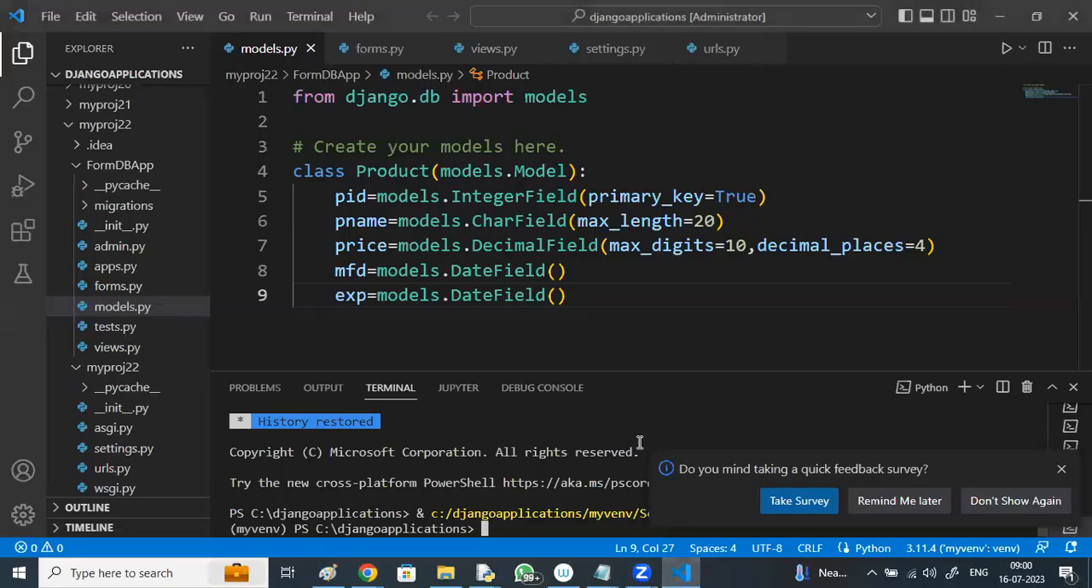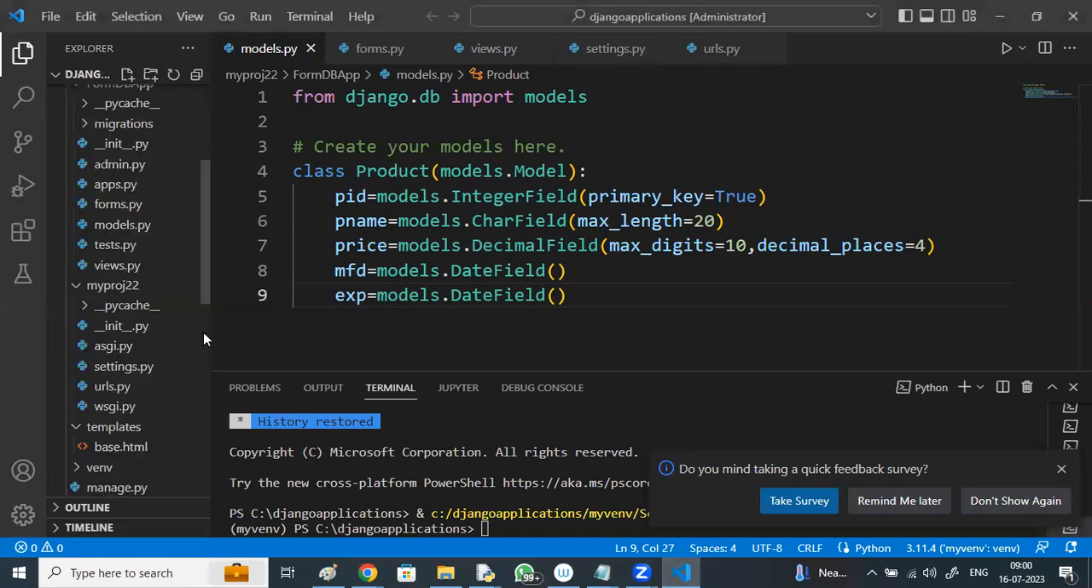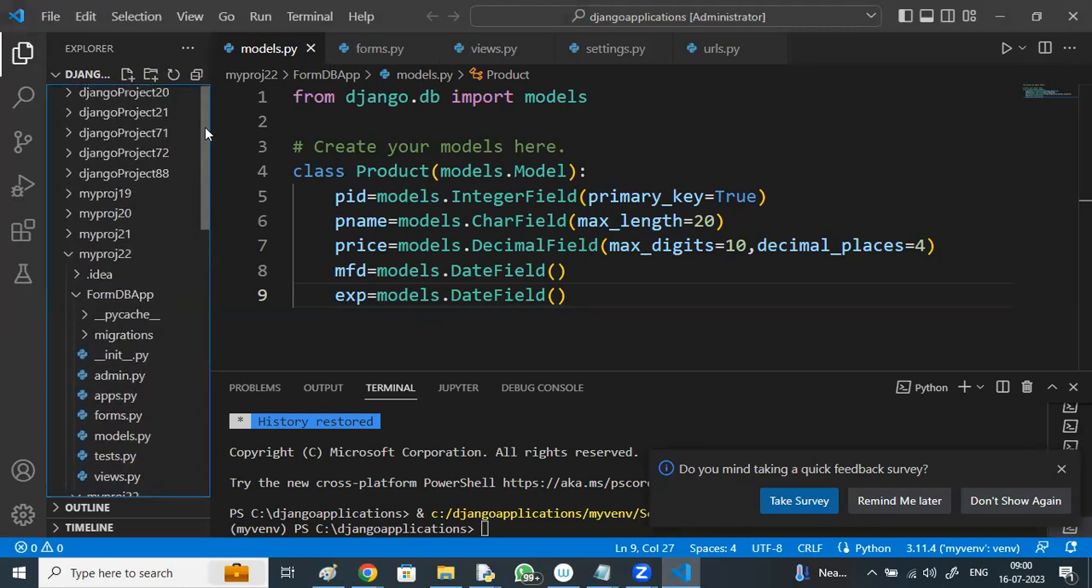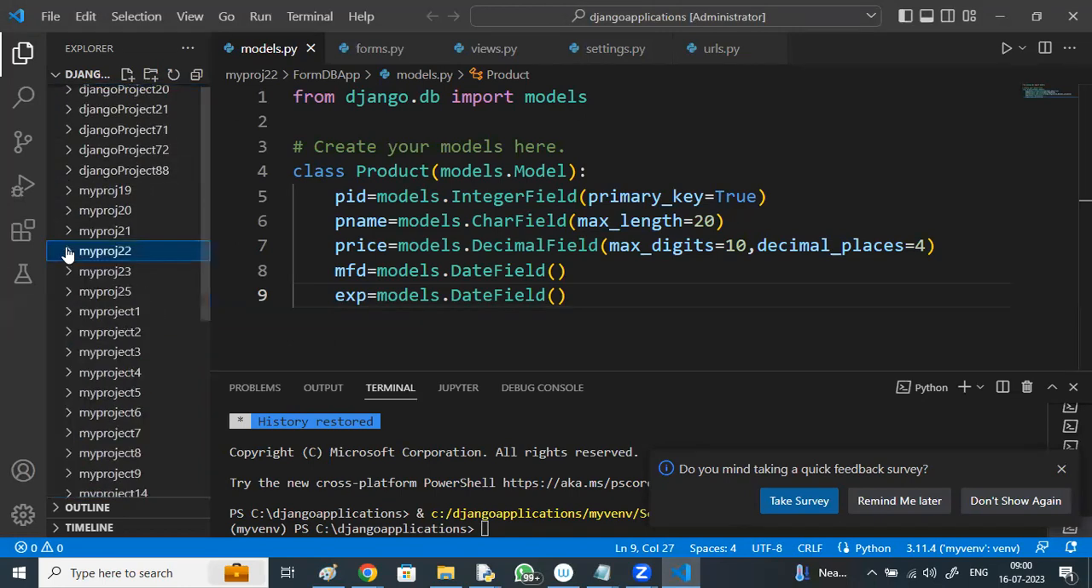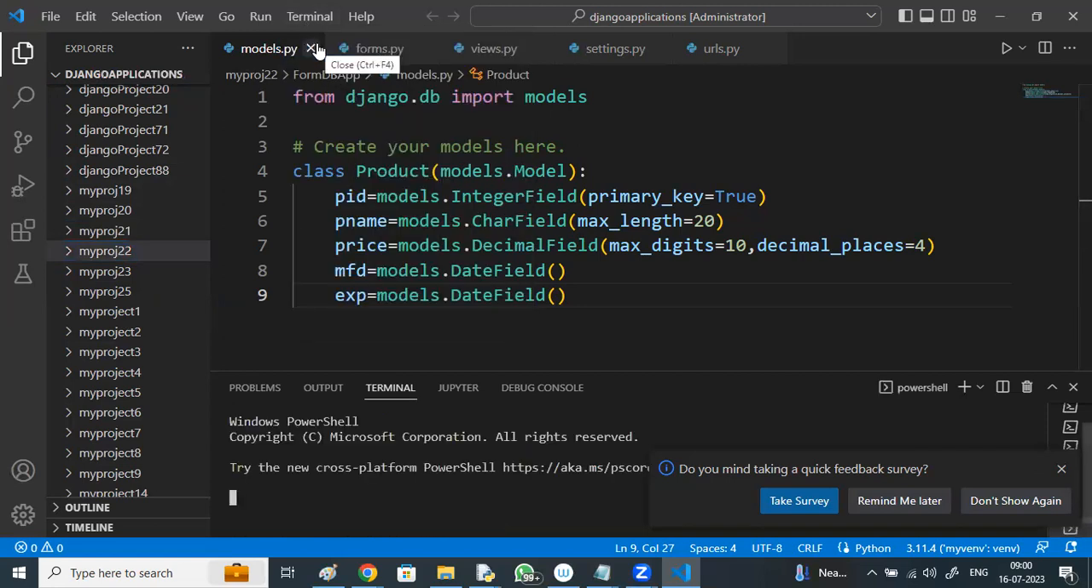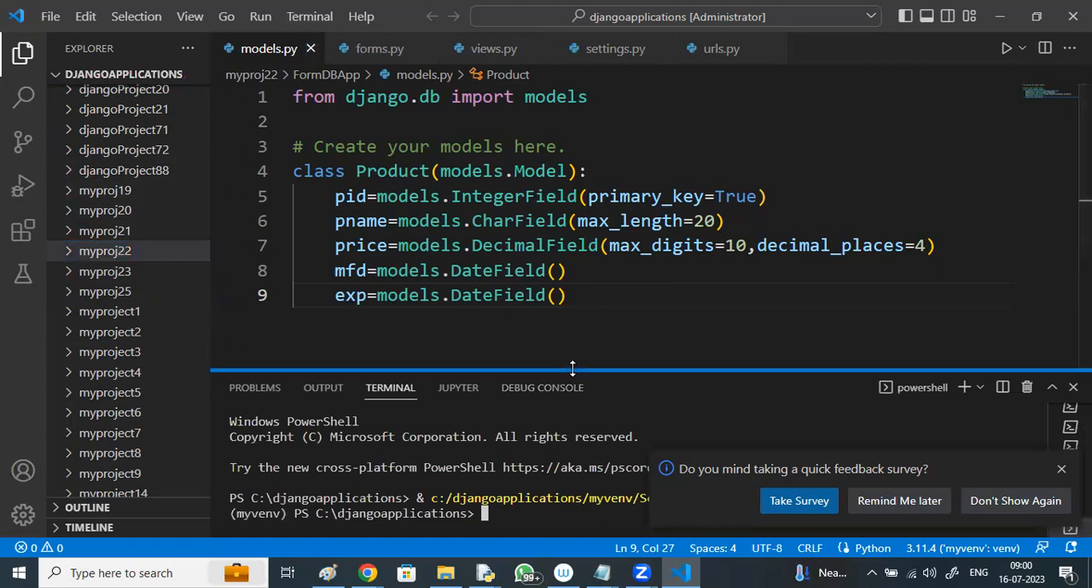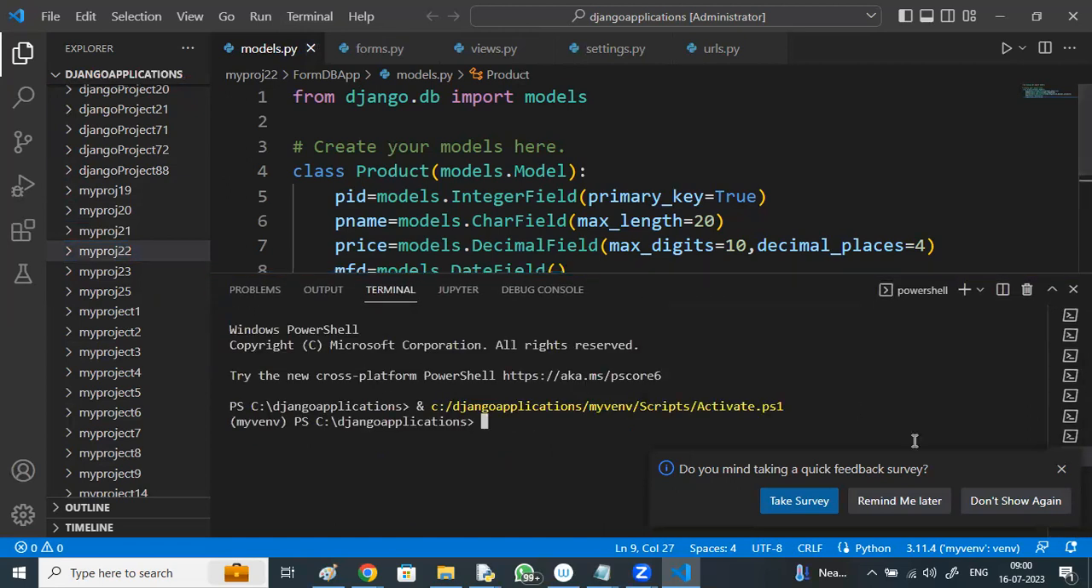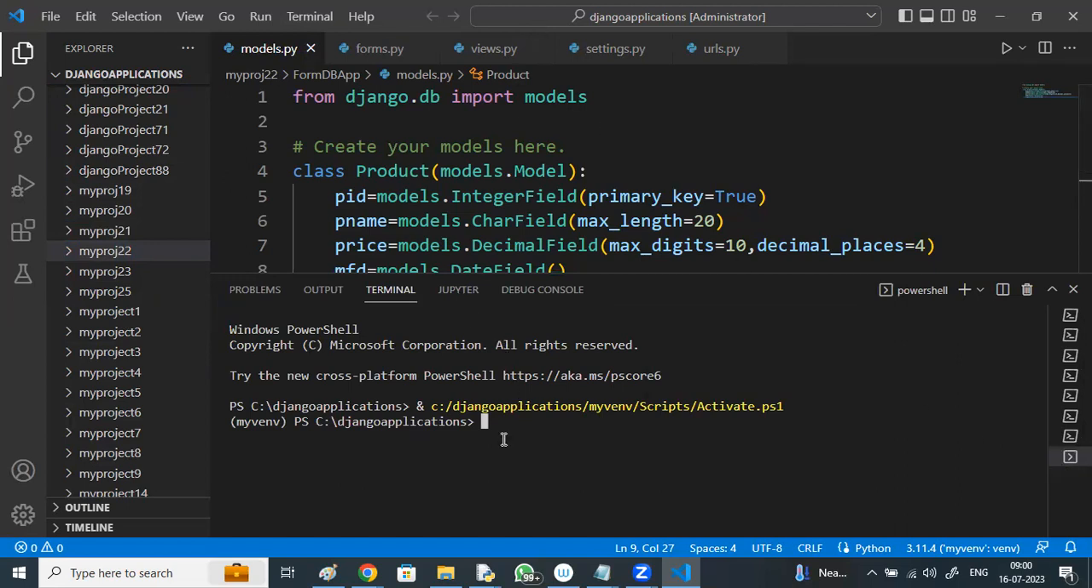VS Code is open. Here the terminal will be there. Terminal, new terminal. Yes, I open a new terminal, right? Within the Django folder in C drive, there is a Django applications folder. Within that, I'm going to create